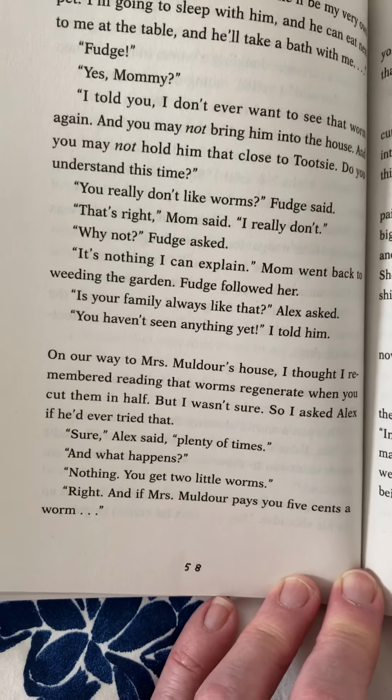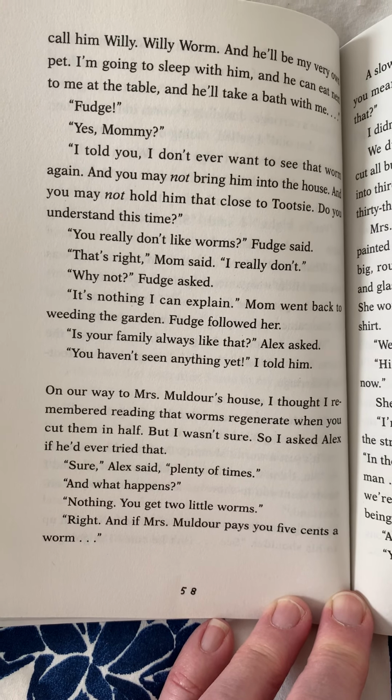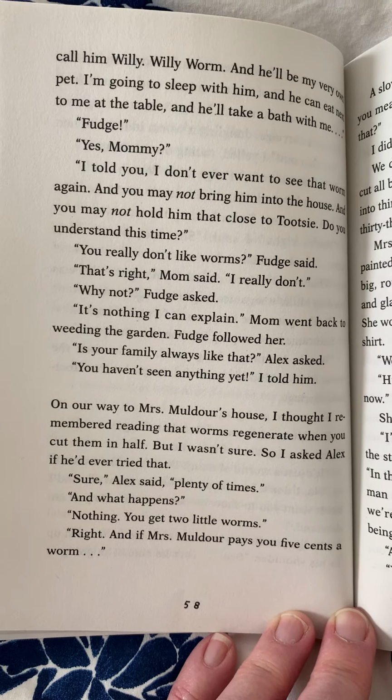On our way to Mrs. Mulder's house, I thought I remembered reading that worms regenerate when you cut them in half, but I wasn't sure, so I asked Alex if he'd ever tried that. "Oh, sure," Alex said, "plenty of times." "And what happens?" "Nothing. You get 2 little worms." "Right, and if Mrs. Mulder pays 5 cents a worm..."